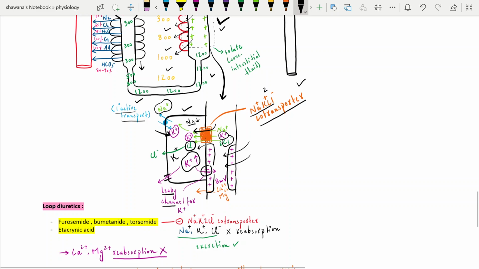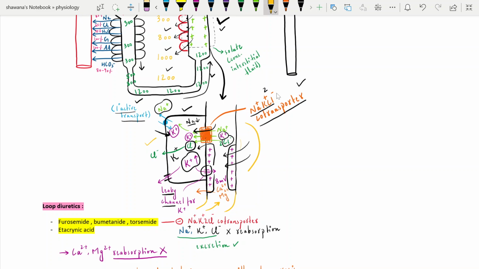As you know, solutes in the tubular fluid are moving like here. Okay, we have only discussed a small portion in this diagram. This is the thick ascending part of the loop of Henle, and this is the cell of that. But here the whole tube continues. The tubular fluid is coming, and this tubular fluid contains calcium and magnesium. Calcium and magnesium are also cations. As this membrane becomes electropositive, these cations are kicked out from the lumen